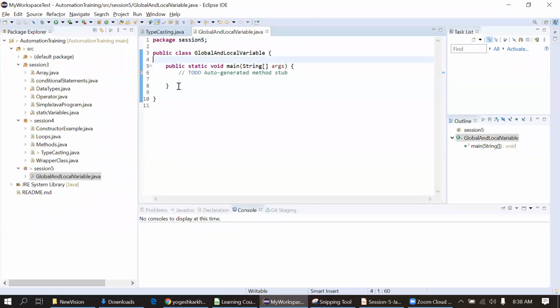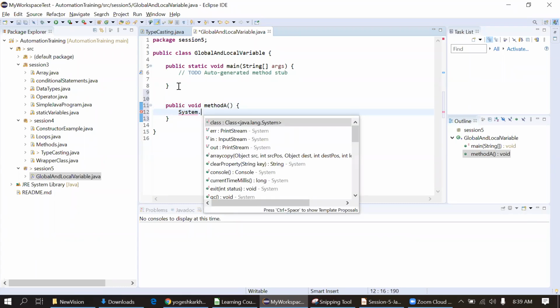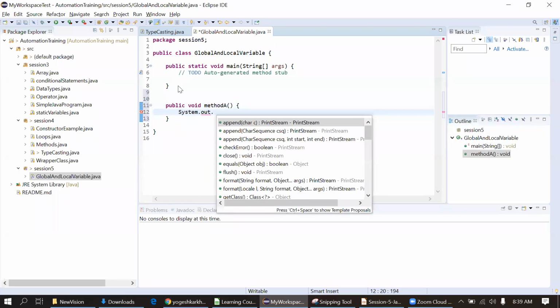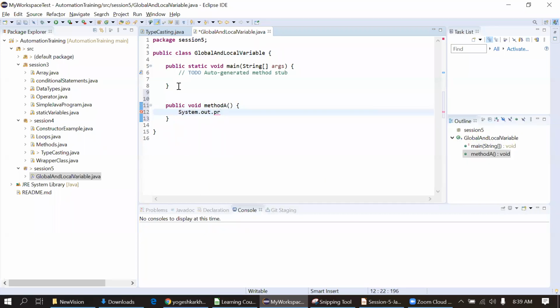Now I'm just creating one method here. Public void method A. System.out.println.